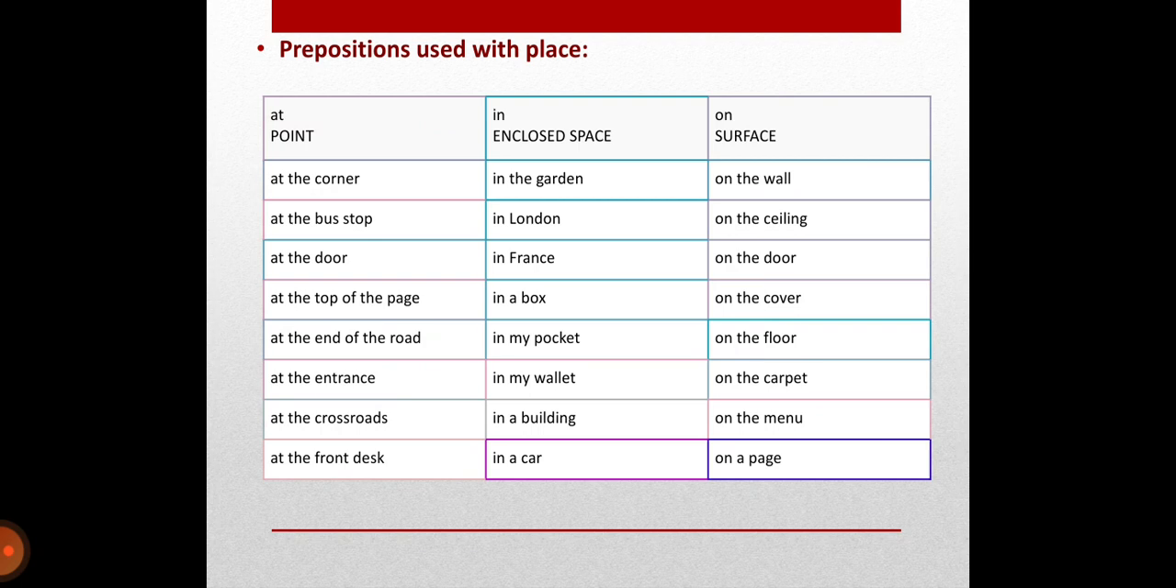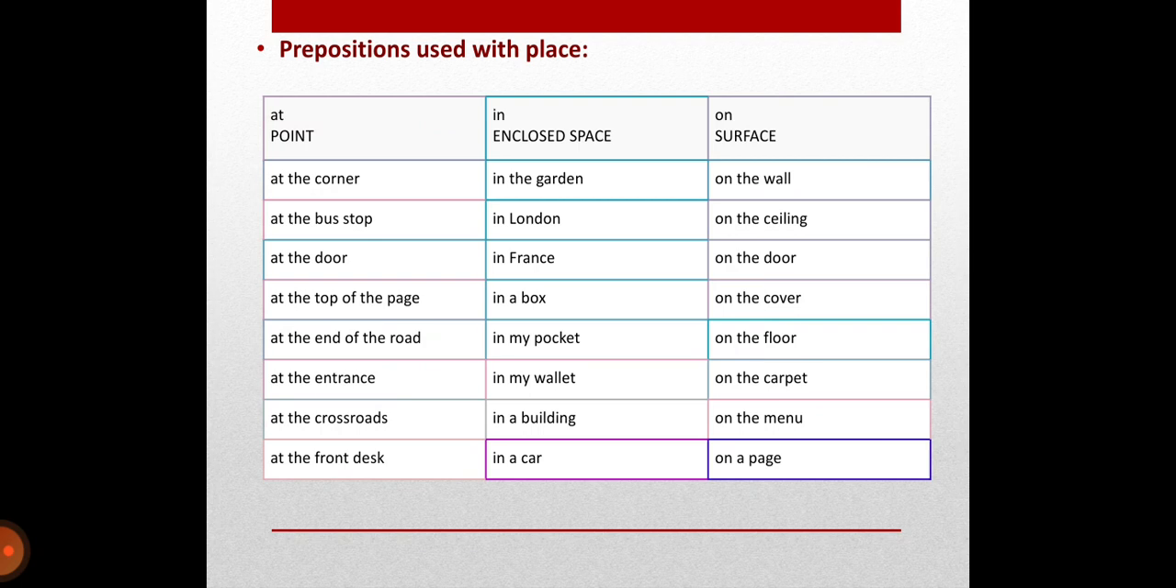And here we move to how to use prepositions with place. We also have at, in, and on. With at, we use at before a point, a specific point, a small place, like at the corner, at the bus stop, at the door, at the top of the page, at the end of the road, at the entrance,